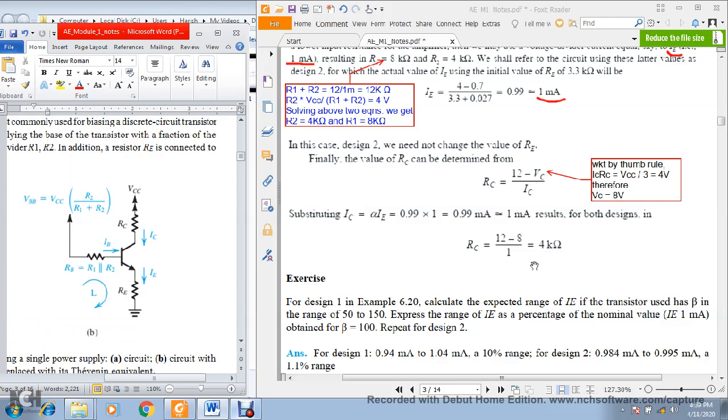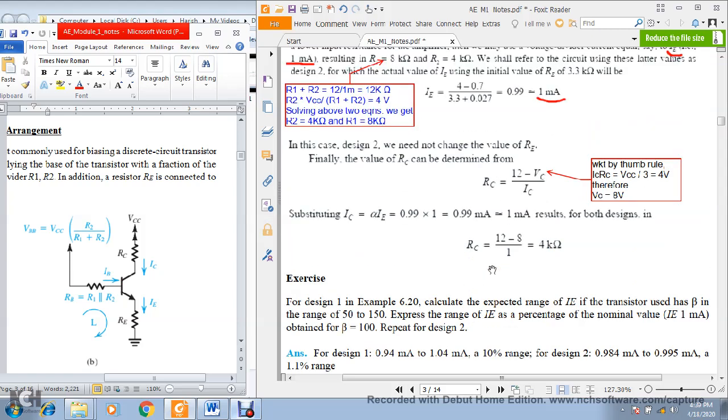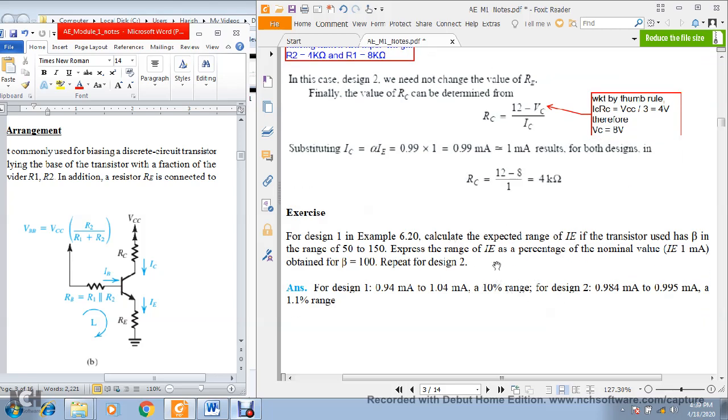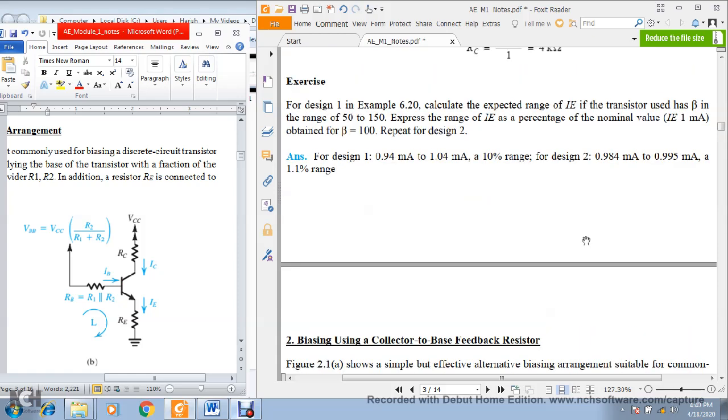We have a similar problem here, which is quite different, of course, and it really tells you that even though we say IE can be made independent of beta, it is not really possible practically. That is understood if you solve this problem. Please solve this problem. Solutions for all these exercise problems for a particular module, in all the topics, will be shared with you later. Once you try this and get these answers, after that we'll share the solutions.